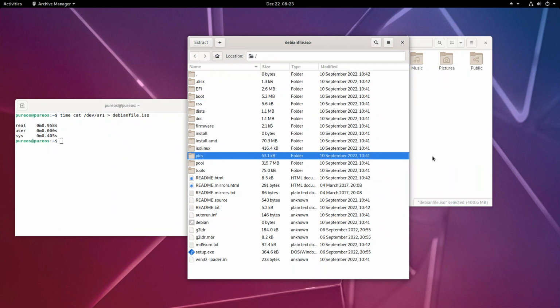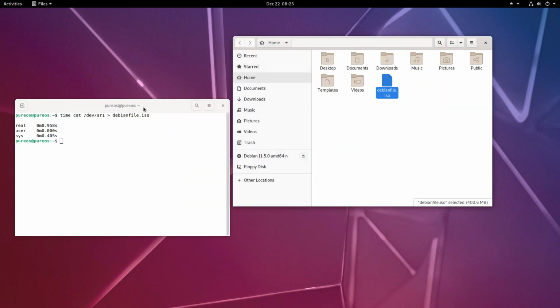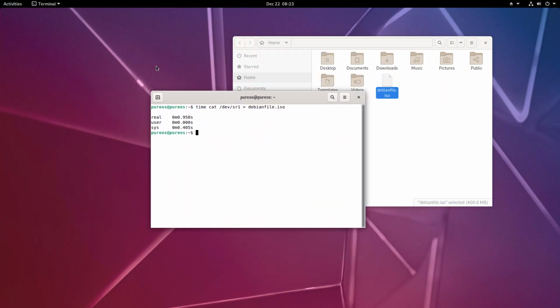So yeah, you can see how the file structure is the same. So basically, it works. Yeah, that's how you rip a CD/DVD, and it's really easy. You don't need some big programs. And if you happen to dislike bloat a lot, well, it's as easy as that command right there. You just cat the